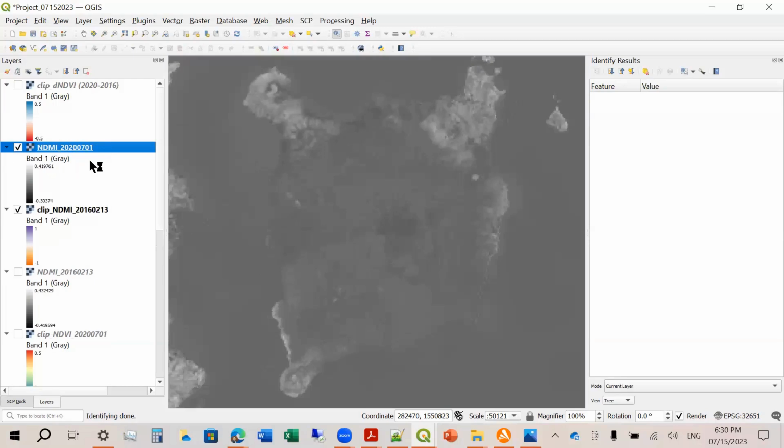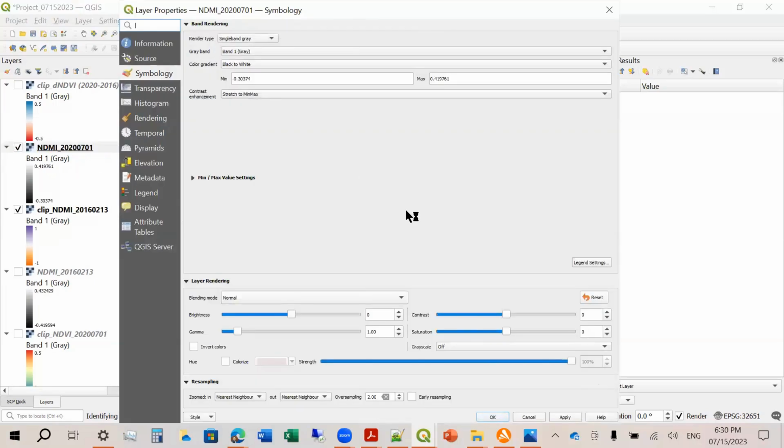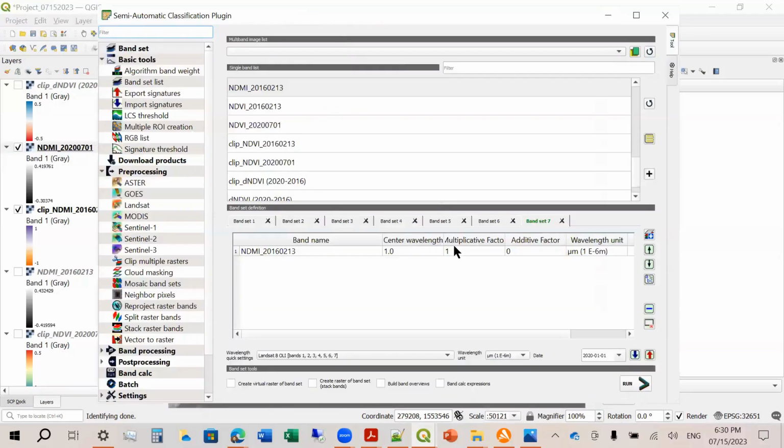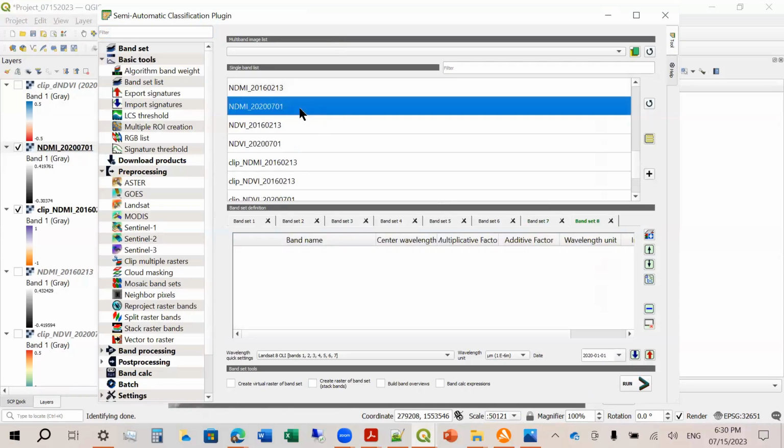Okay. So let's try to change this again. Let's clip this again. So let's make a band set. By the way, when you want to clip, you can combine all the band sets now. Anyway, so I want to add a new band set for that NDMI for 2020.